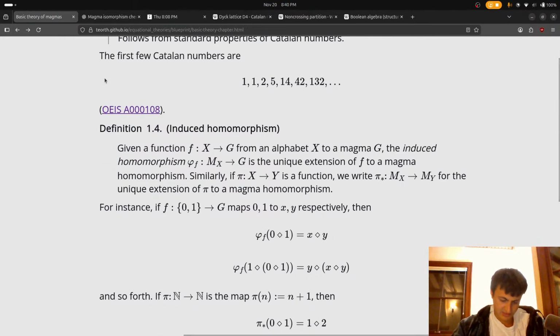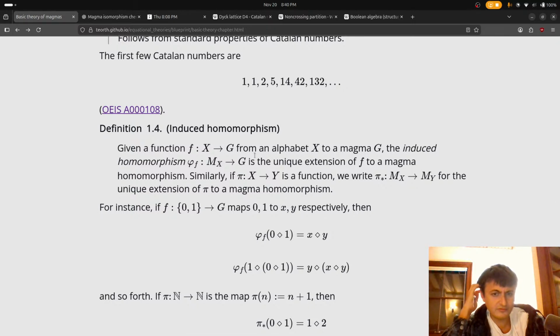Okay, so let's get back to the induced homomorphism now that we have a clearer understanding of what the free magma is. The induced homomorphism phi sub f from the free magma on X to G is the unique extension of f to a magma homomorphism.